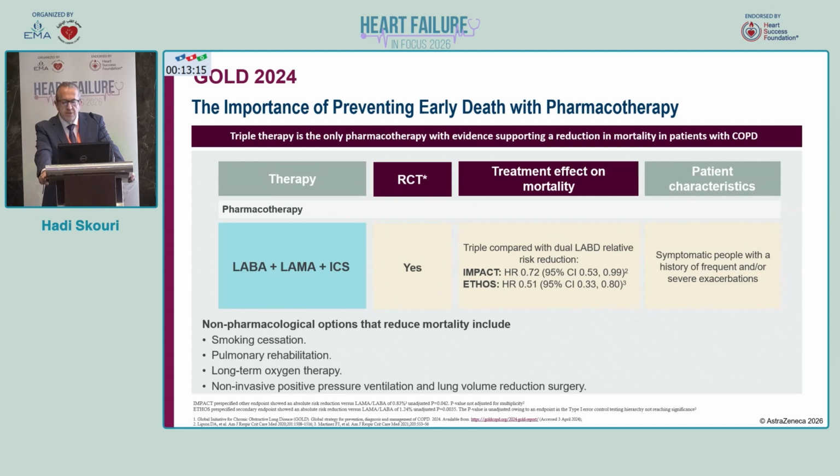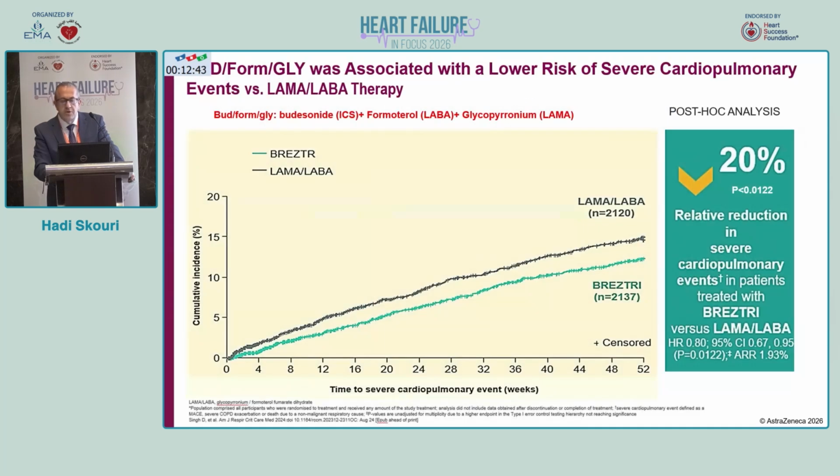like the IMPACT and ETHOS trials, that triple combination therapy with long-acting beta agonist, long-acting muscarinic antagonist, and inhaled corticosteroids has shown superiority to dual therapy in these patients, which is LABA and LAMA only. And this has shown improvement not only in COPD outcomes, but also